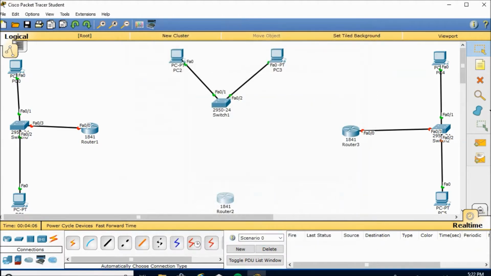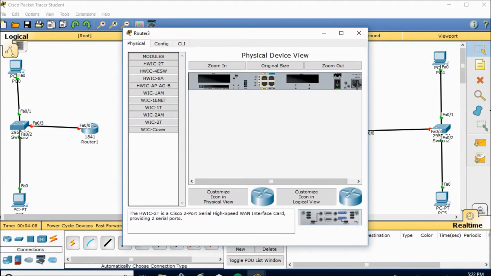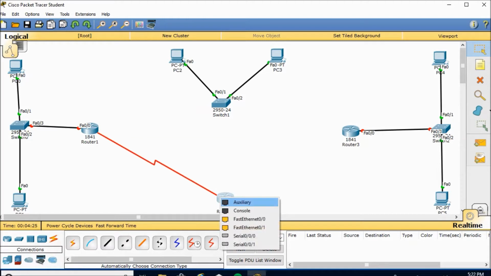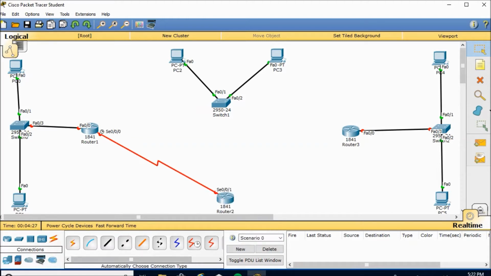So all three routers we do the same thing. Switch off and then switch on after you put the interface card. Then we are taking the serial port cable to connect each other, and then here